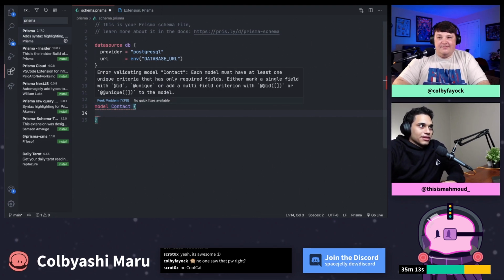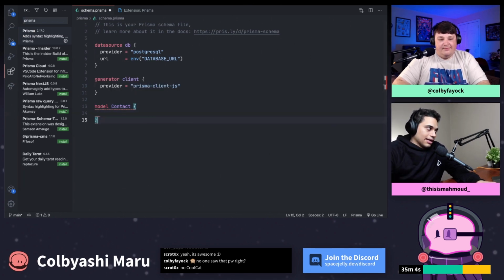Each model must have at least one unique criteria that has only required fields. So what this is saying is that we need to specify an ID. We can't have a model without an ID. So if I go right here very quick,